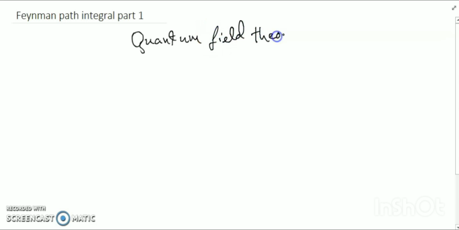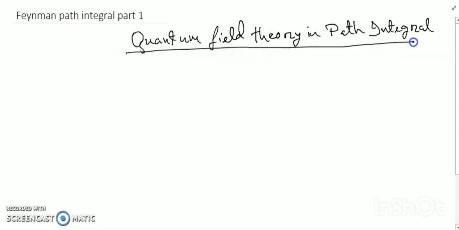Today's discussion is Feynman path integral, part 1. Okay, so our topic is quantum field theory in path integral. Okay, so